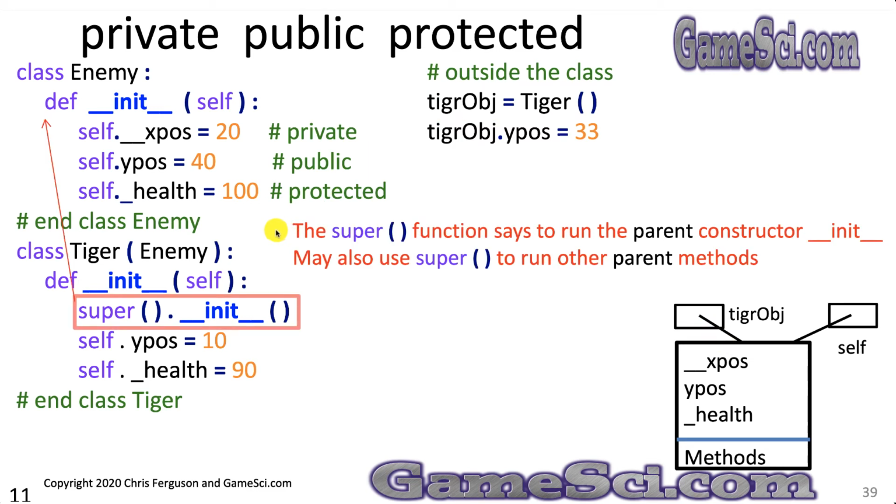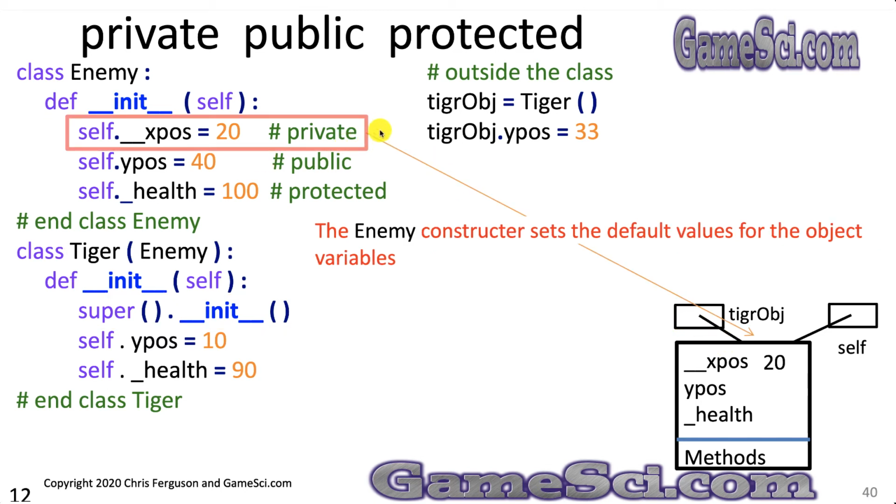The super function says run the parent constructor init. We may also use super to run other parent methods. Remember, Tiger inherits everything that Enemy has. When you use super, you're saying go to the class that I inherited from, Enemy, and run something in Enemy. So this line of code says jump up to my parent class and run init in my parent class. Also notice that self is now pointing to the same object as Tiger object. Now executing in the parent class,